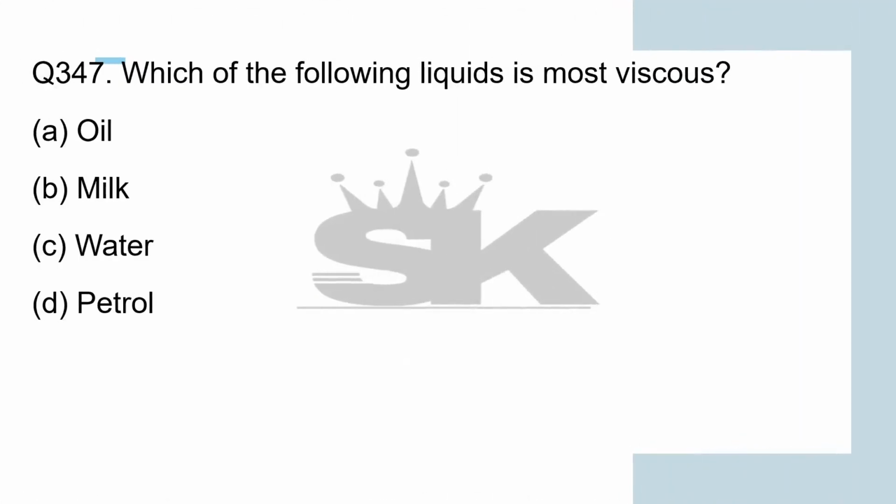which of the following liquids is most viscous? That is oil. Okay, there is no relationship between viscosity and density of a fluid, but oil is more viscous than water, and thus when we put a drop of water and oil on a slanted surface, water will move downwards more quickly than the oil drop. Okay,